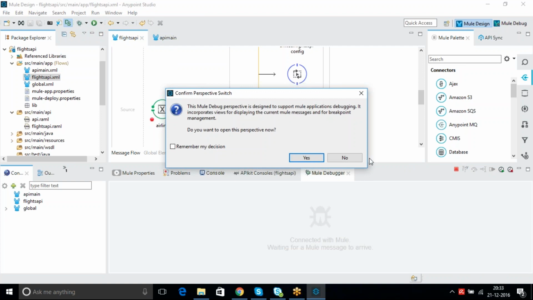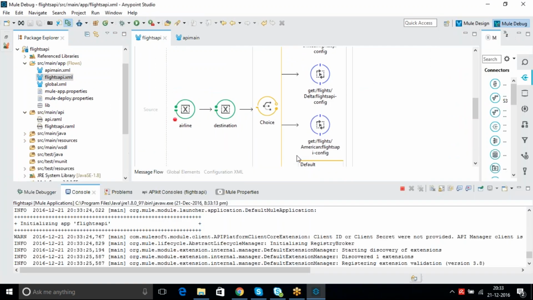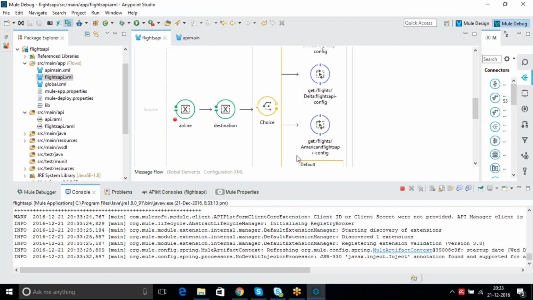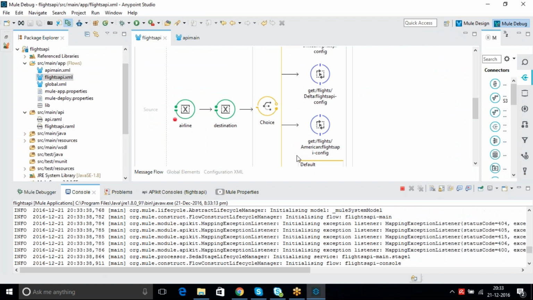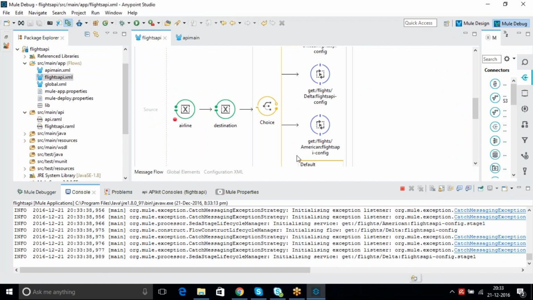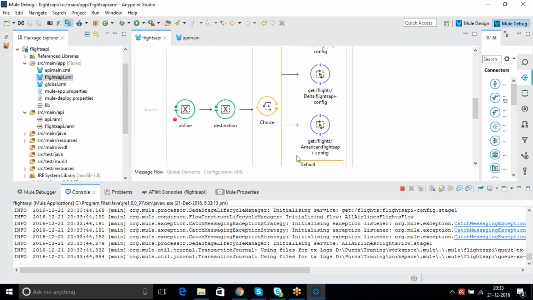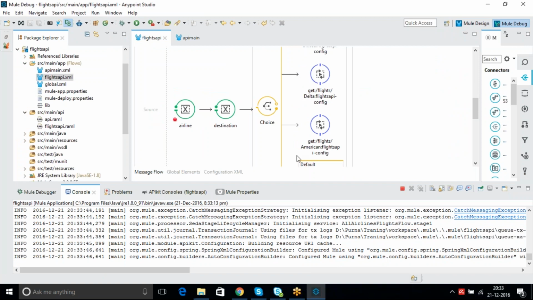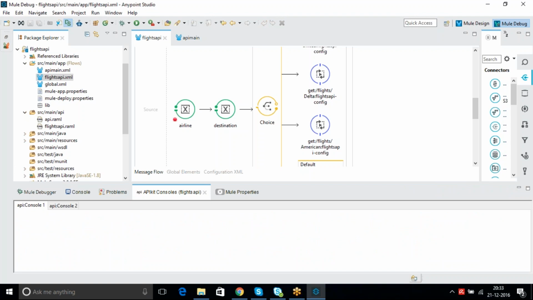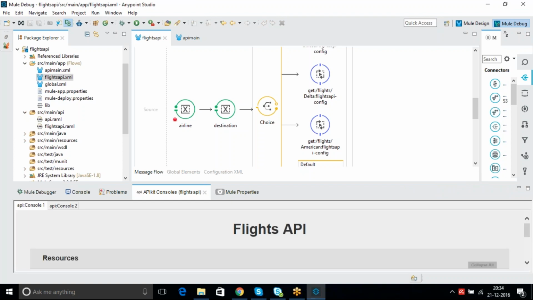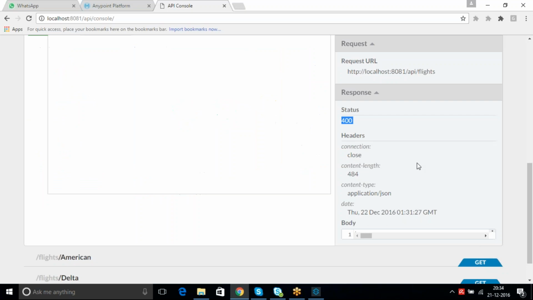Click on it. Okay. Now you go to your browser and test it again.